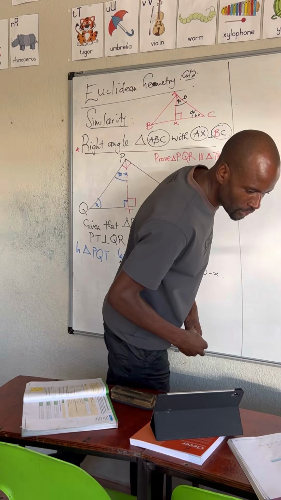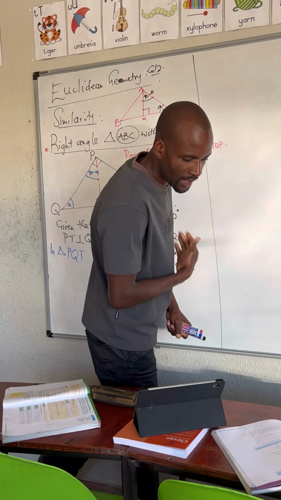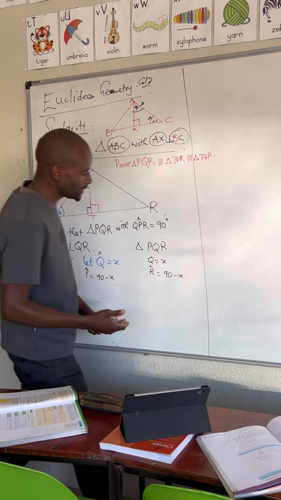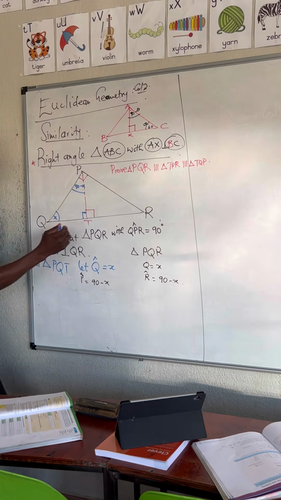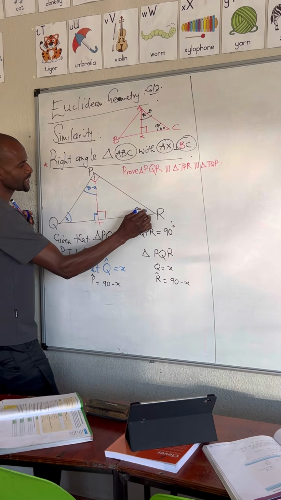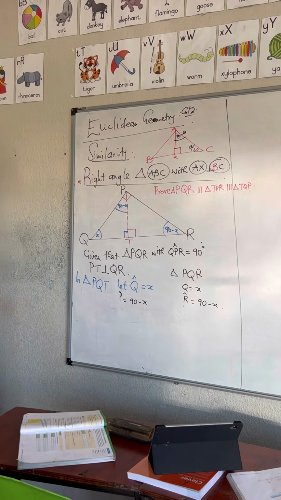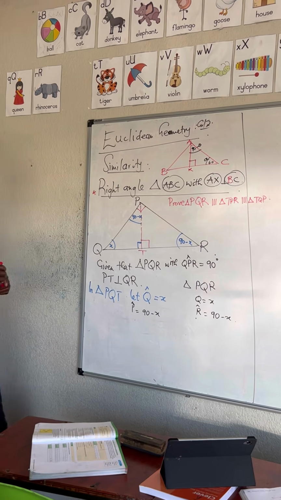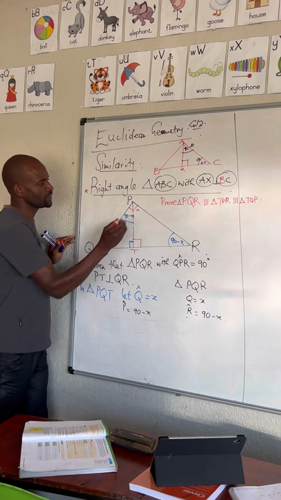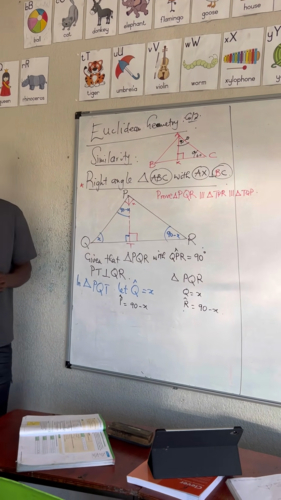And then we also know that QPT, I spoke about that one. So it means that if this one becomes 90 minus x, as I said here, right? It simply also means that this angle here is going to be x. Therefore, we can come back